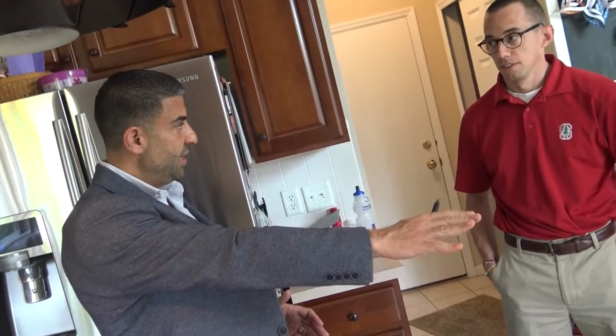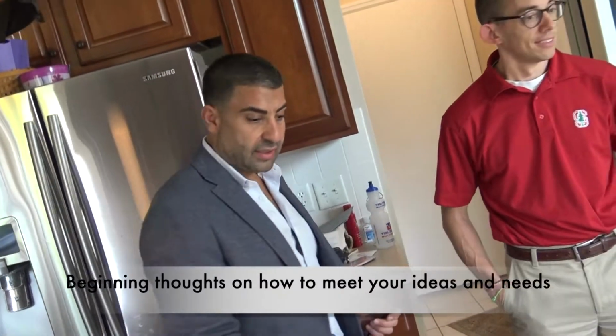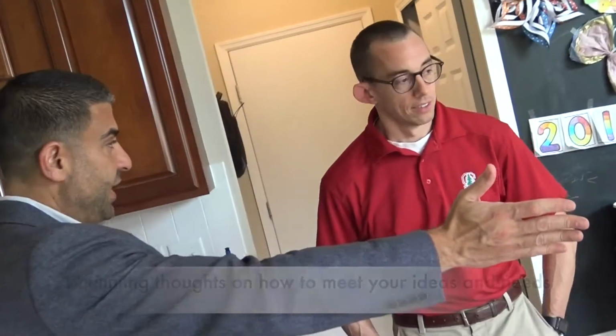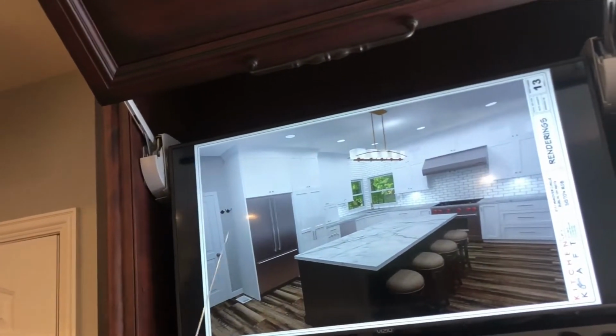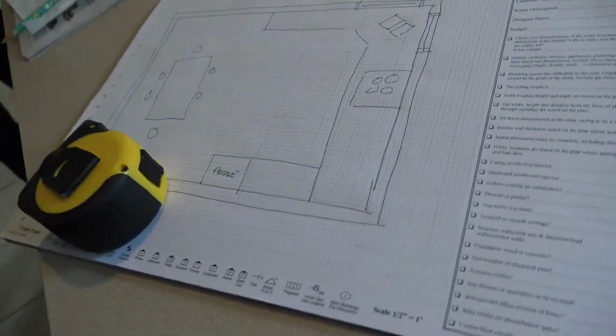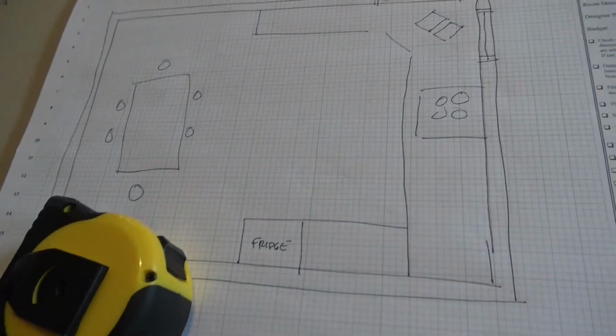So maybe we go with a bigger cooktop or a bigger range top. Yeah. And you know what I can really envision here is maybe getting rid of this table. We can elongate this island all the way out to where that table is. Basically do a very large L. Then I can make the island not only 2.5, 3 times the length, we could also make it almost double